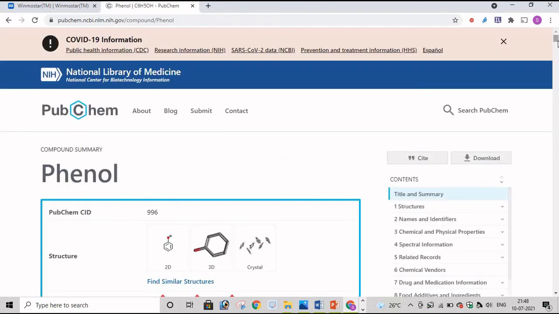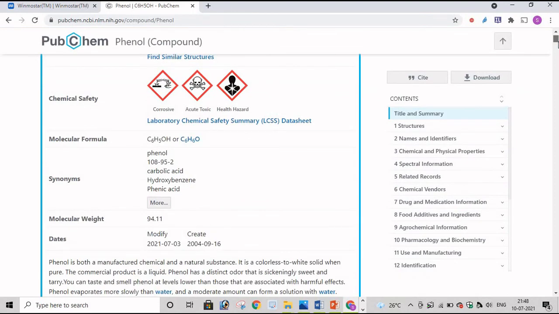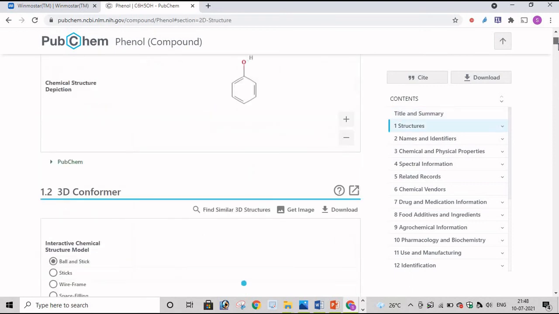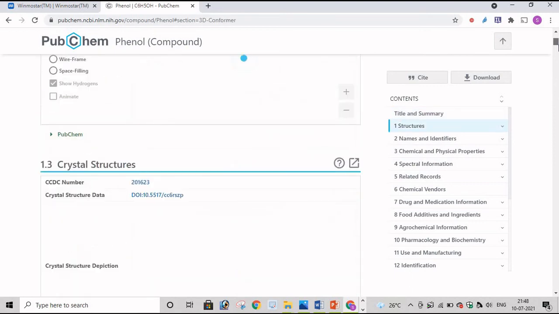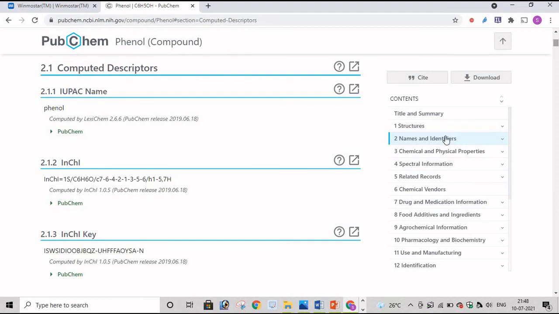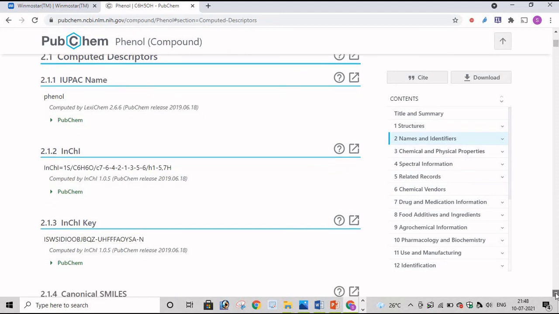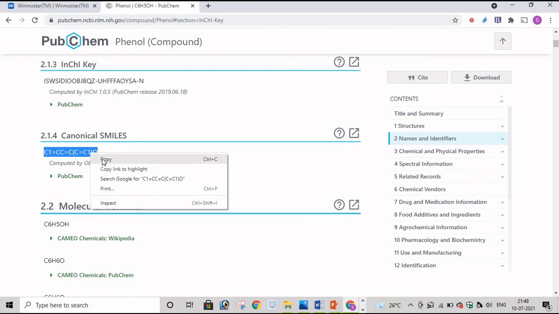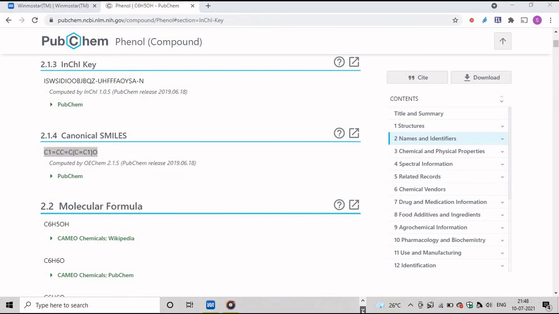So this is the PubChem website, and here the compound is phenol. This is the structure of phenol, and it consists of all the properties of phenol and the nomenclature, IUPAC name, InChI name, then canonical SMILES. So this is the SMILES representation of phenol. First you copy this SMILES representation and then go to Winmostar